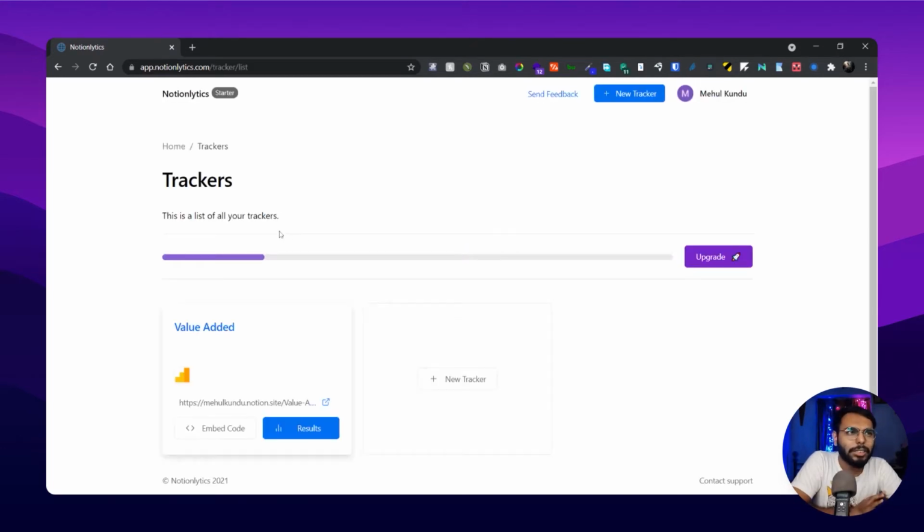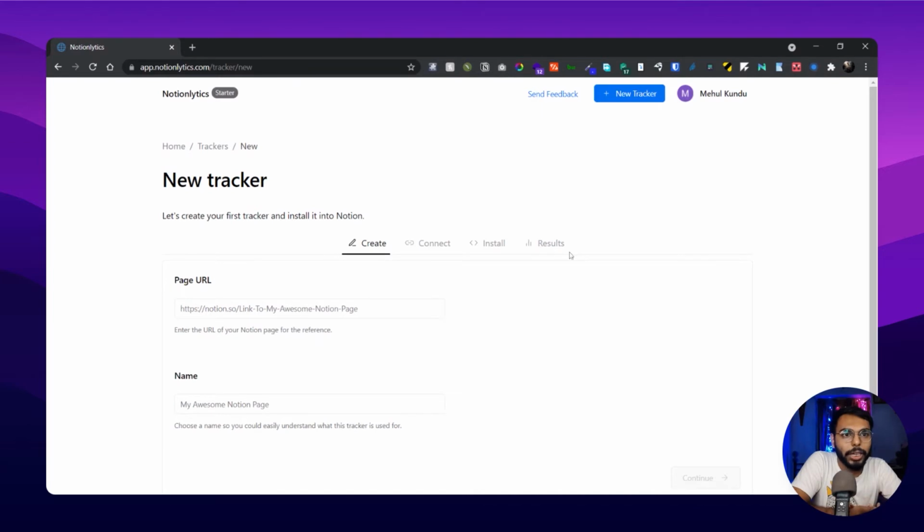The setup process is too simple. You don't have to know a lot of things. You just want to add a new tracker, and you have to attach the Notion page. If you have made something in Notion and published it, you have to give the Notion page link here.